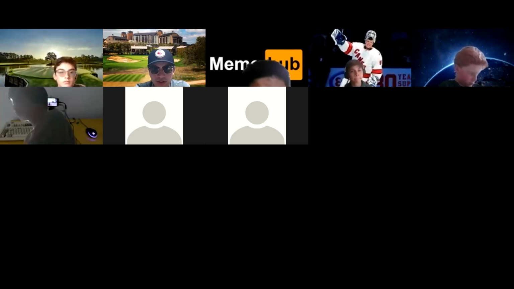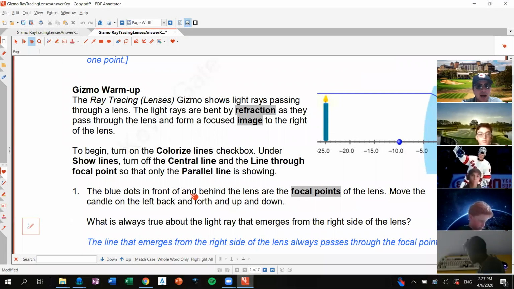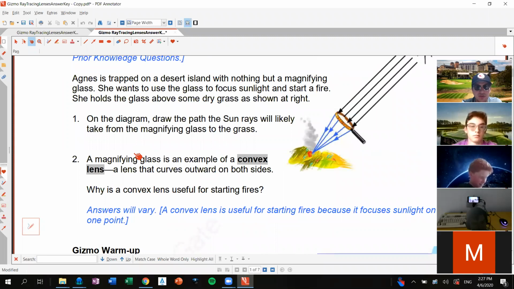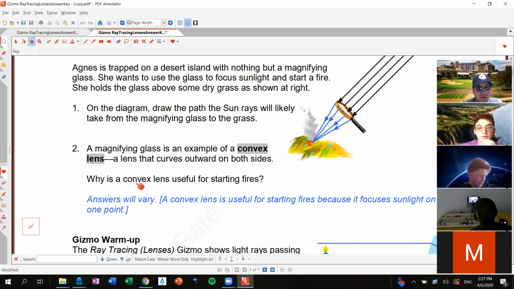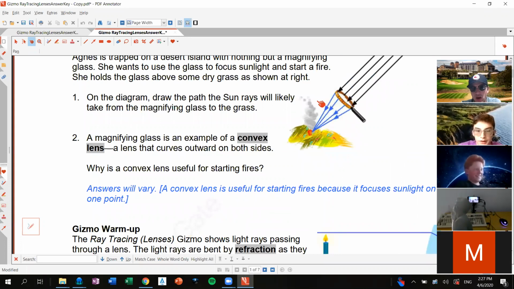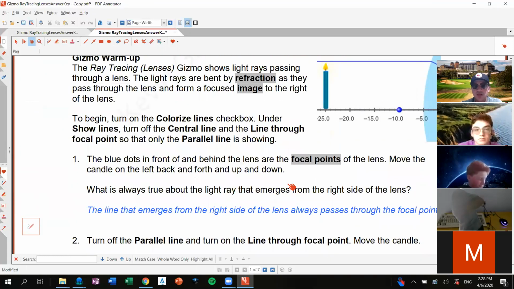I'm going to share my screen now. The Gizmo starts out with two prior knowledge questions. The first question was just asking you to draw the rays. With a converging magnifying lens, we should see the parallel rays converge onto one specific spot, that spot being the focal point of the lens. Why is a convex lens useful for starting fires? Well, we know the convex is converging, so those rays are going to converge to one spot. Therefore, it's going to concentrate the energy from the sunlight,